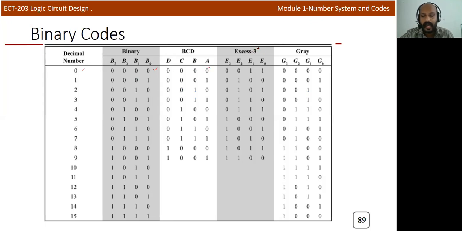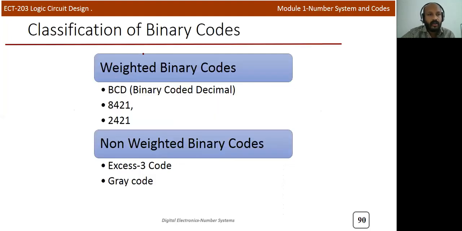Another example is XS3. In XS3, you can see that 0011 is used to represent the 0. And finally, the gray code. So in different formats, we use different sequences to represent each value. We will see why we are using different codes and what the advantages of different codes are other than binary. Instead of representing in binary, we can use BCD, XS3, and some other codes are also available. So mainly we'll discuss BCD, XS3, and gray code.